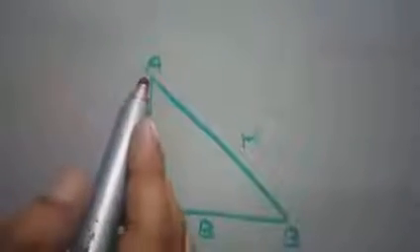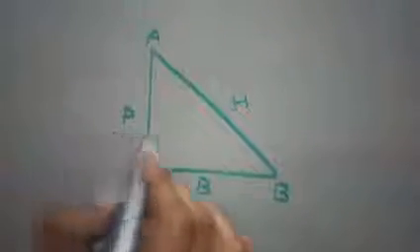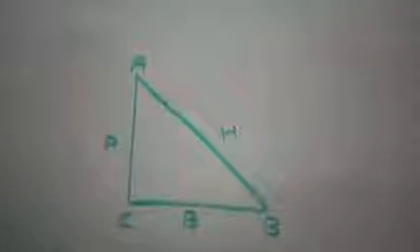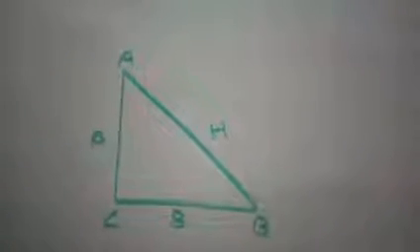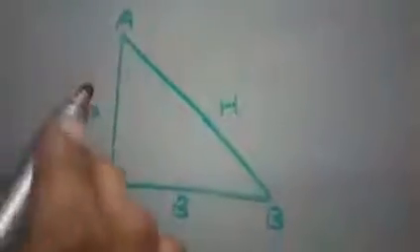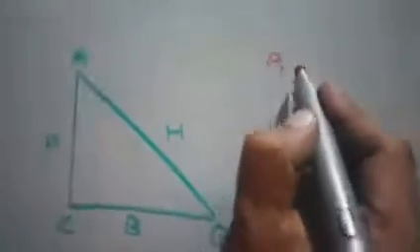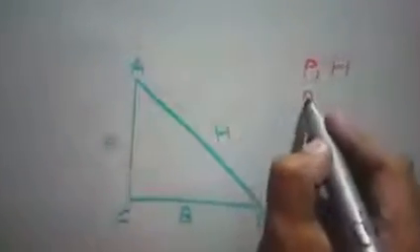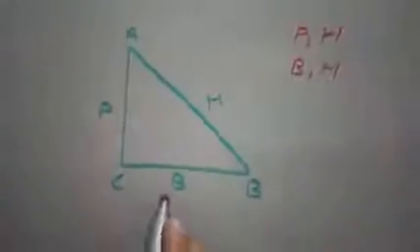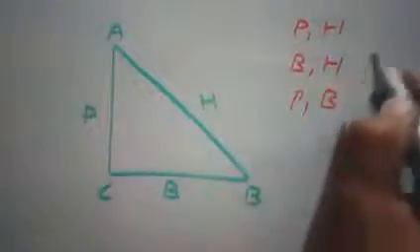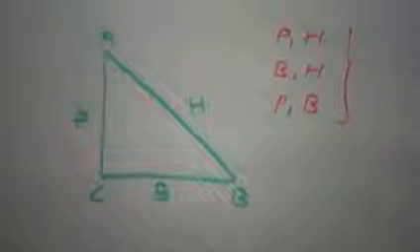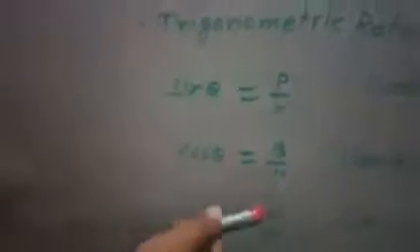Here this is a right angle triangle ABC. This is base, this is perpendicular, this is hypotenuse. Now I am going to find the ratios. For finding a ratio we choose 2 sides. The options are first perpendicular and hypotenuse, second base and hypotenuse, and third perpendicular and base. So we get 3 types of ratio: perpendicular upon hypotenuse, base upon hypotenuse, and perpendicular upon base. Perpendicular upon hypotenuse is represented by sin theta, base upon hypotenuse by cos theta, and perpendicular upon base by